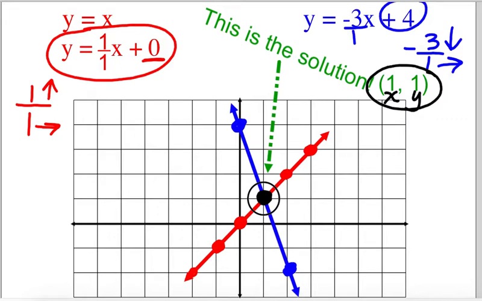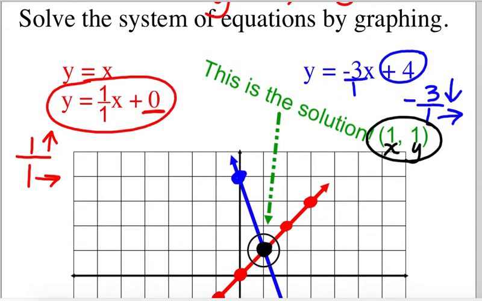That's the whole point of what we're doing here. We're trying to find the ordered pair, or the x and y value, that will work for both equations. And in this case, if x is 1 and y is 1, the math will work. If you were to go back to your original equation,